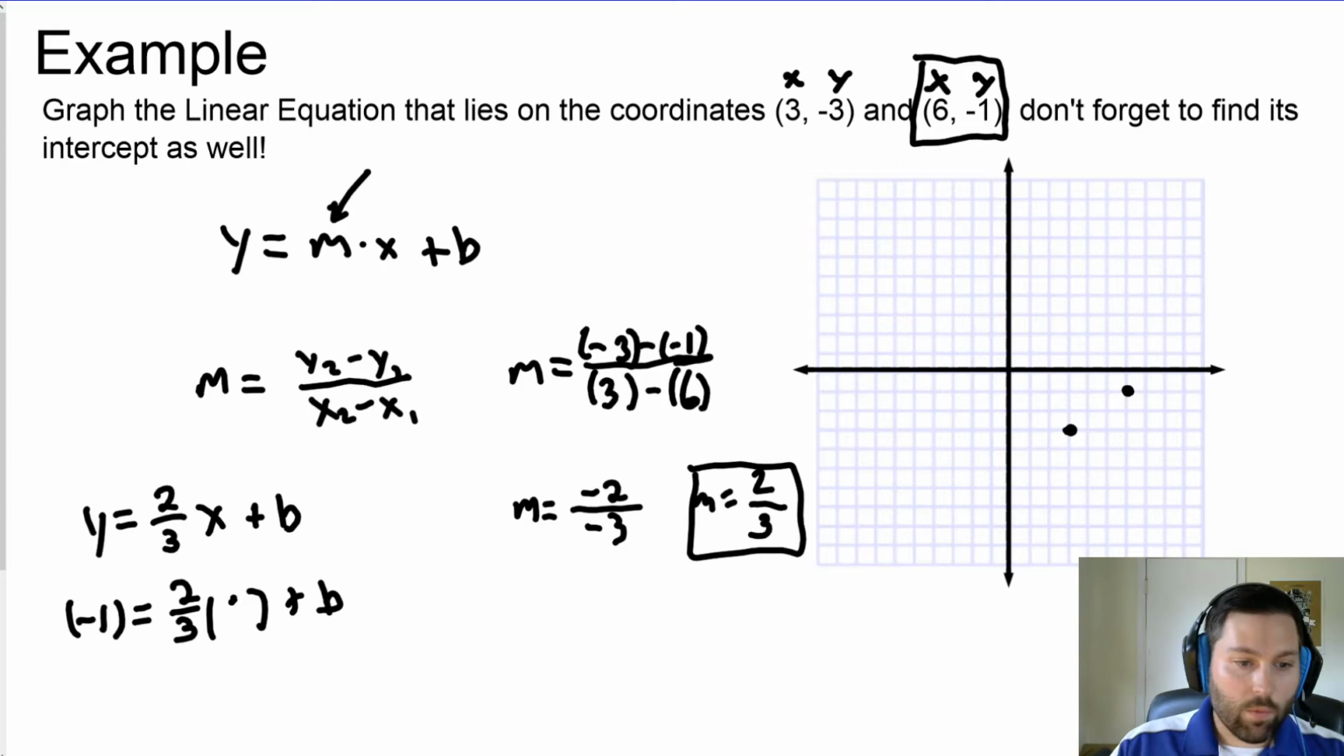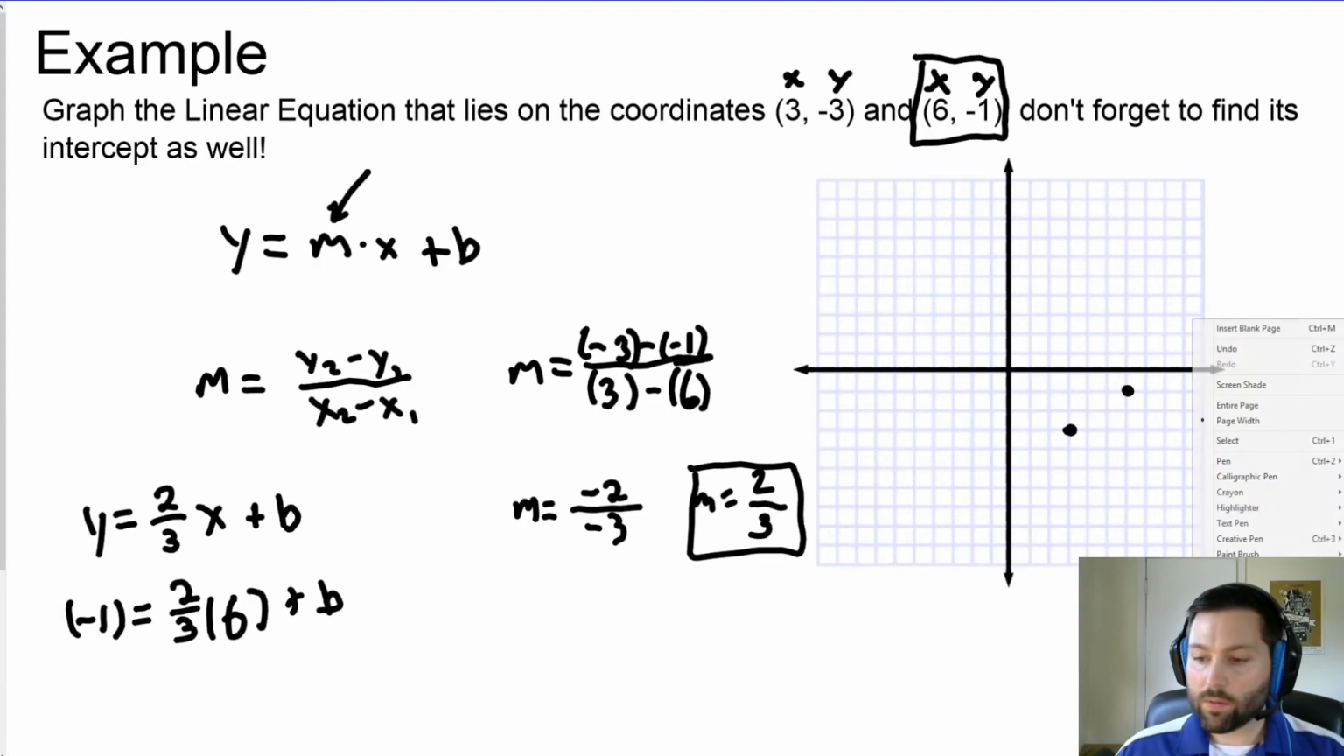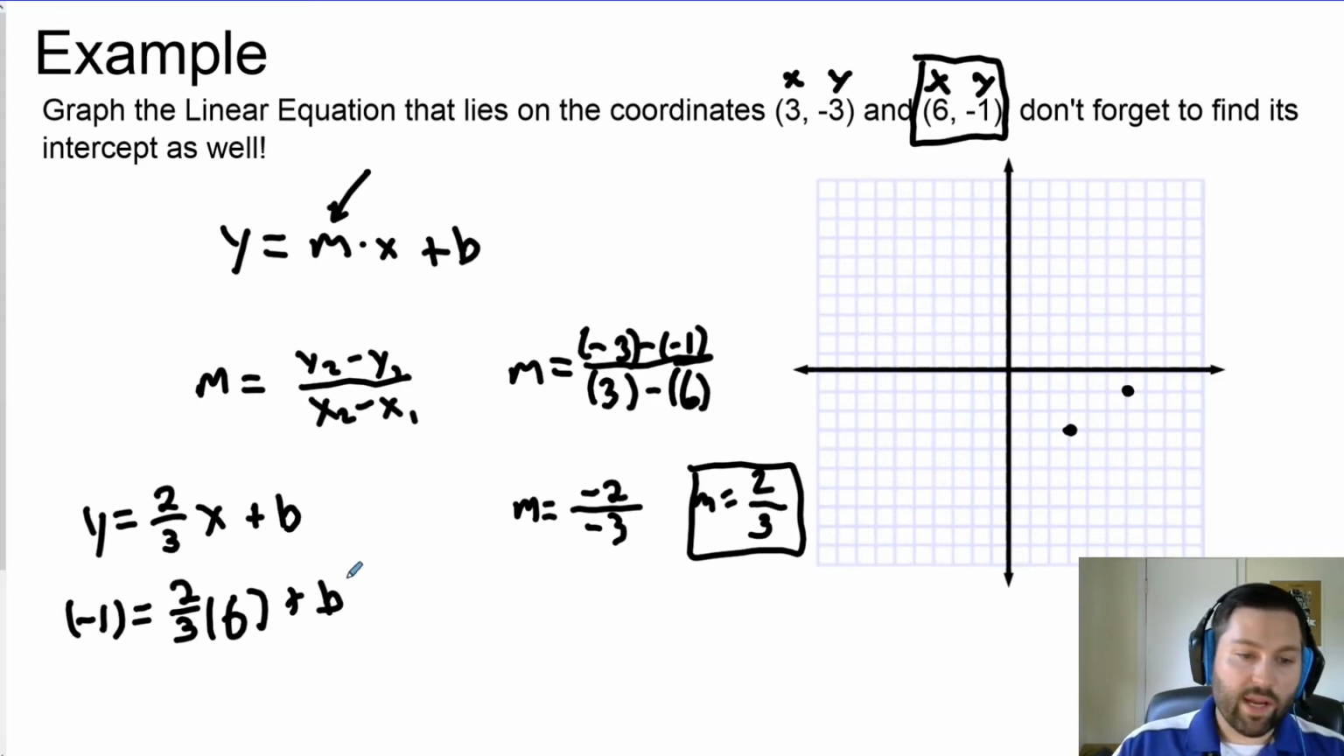So what we're going to do next then is I'm going to multiply out over here, and in order to find b, I'm going to try to get it all by itself. So b here, in order to actually find b, I need to get it all by its lonesome self. So if I multiply 2/3 times 6, I do that on my calculator, so 2 divided by 3 times 6, I get 4. So I get 4 here, plus b